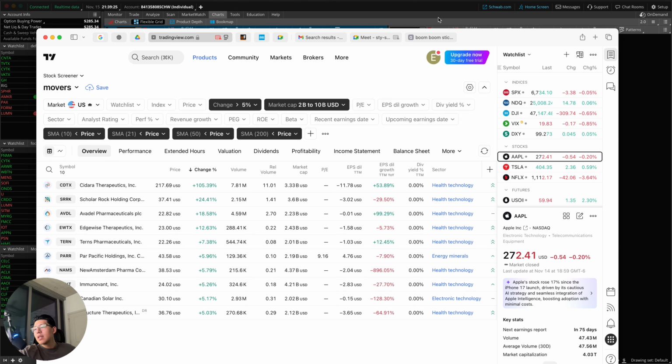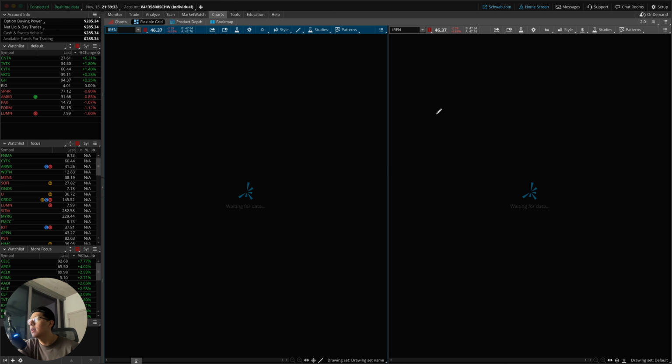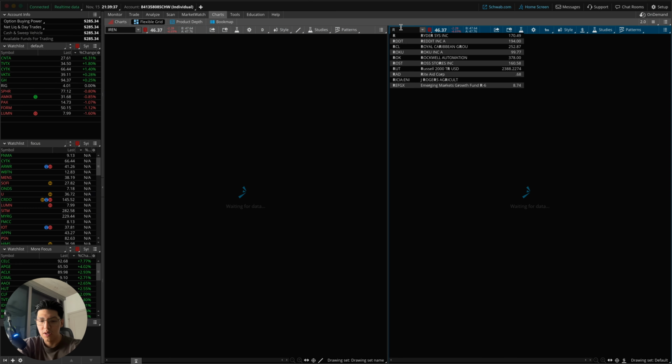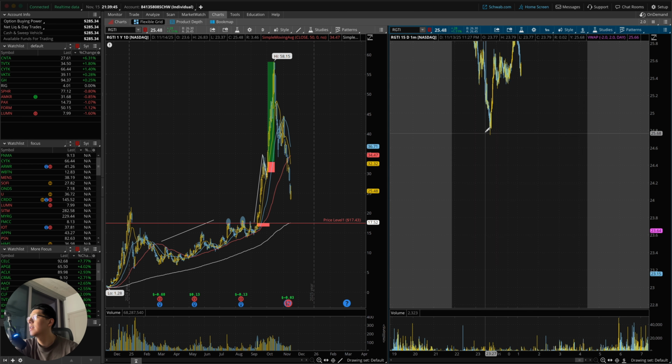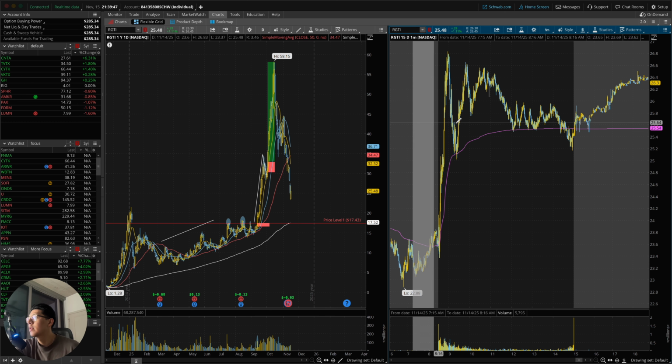I don't use any indicators for me to go in, nothing like that. I just use the indicators for me to gauge the market. For example, on the 1 minute, it's actually here. Let me show you. Let me go back to RGTI. Look, I actually got it saved right here. So loading sets, I got a set just for VWAP, as you can see. Now I only use it for the 1 minute, just so I can gauge the market.